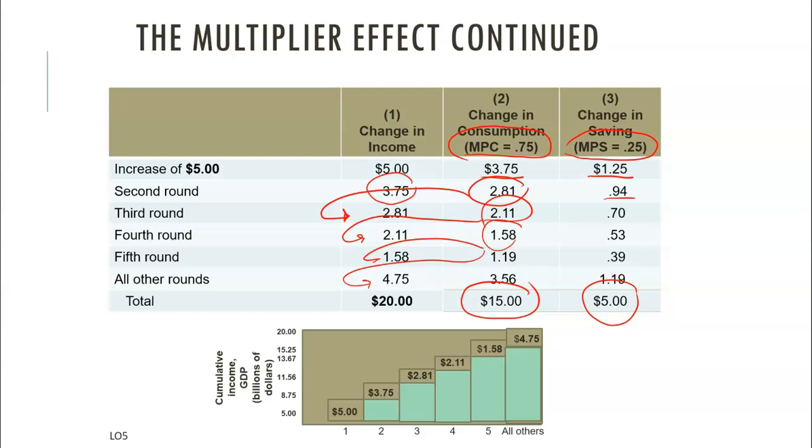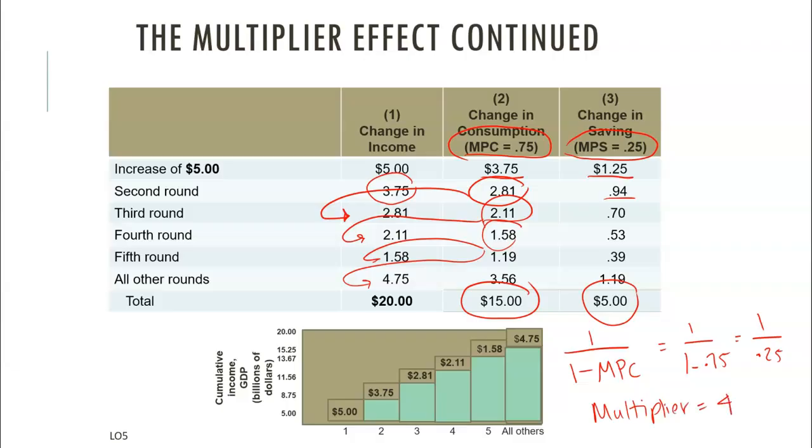And we can get that with our multiplier. So we would say 1 divided by 1 minus the MPC. So in this case, it's going to be 1 divided by 1 minus 0.75, okay? Or 1 divided by 0.25. Plug that into your calculator, and we're going to get a multiplier